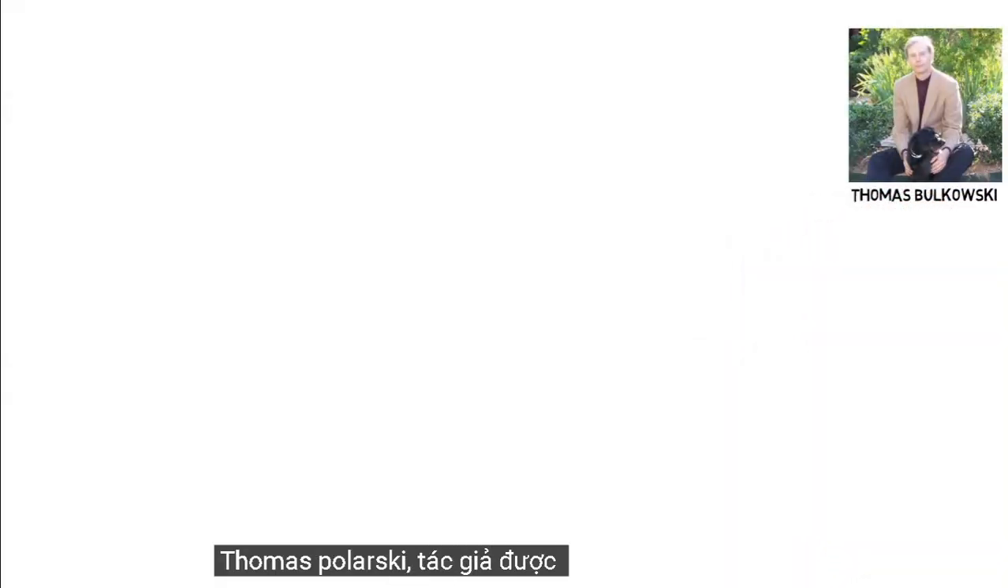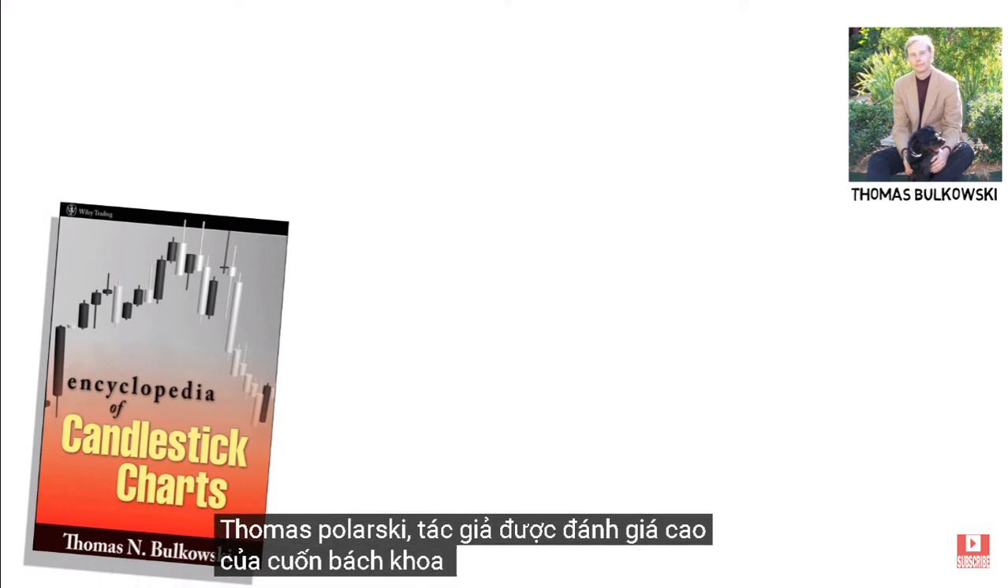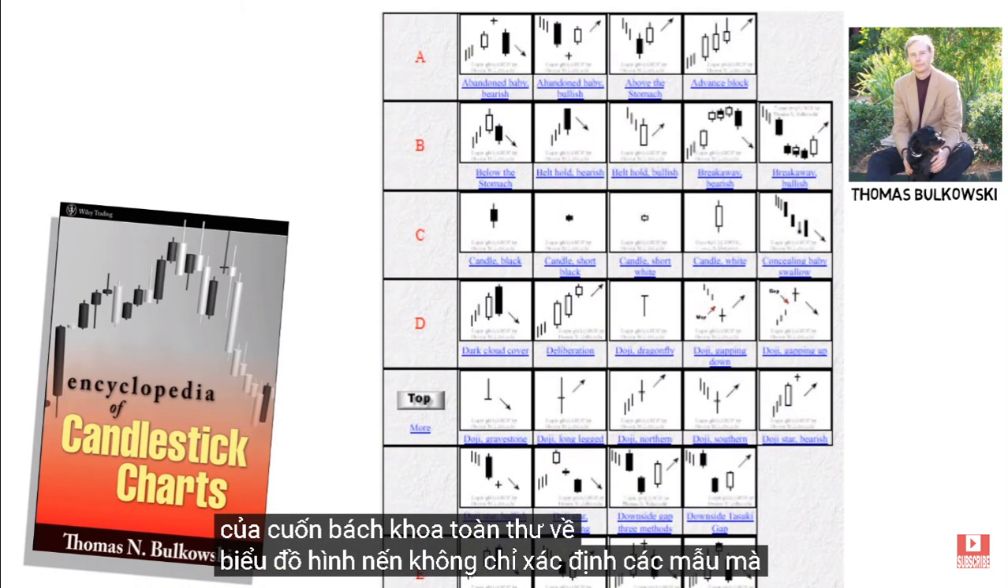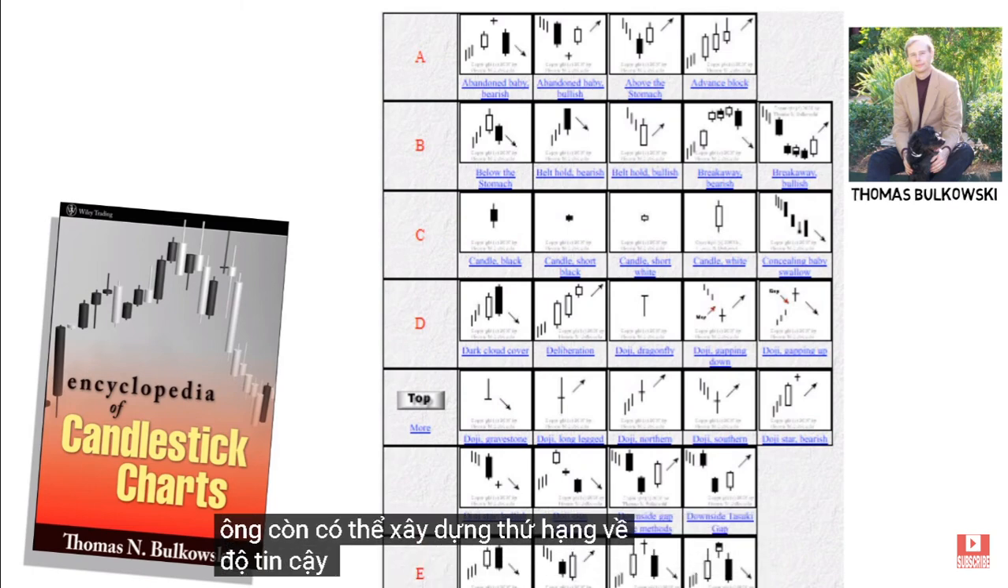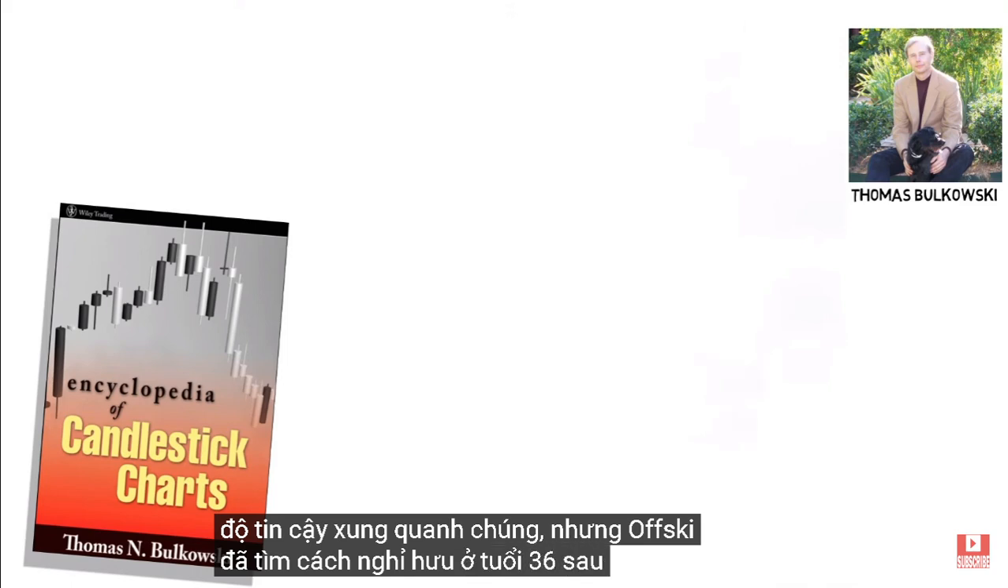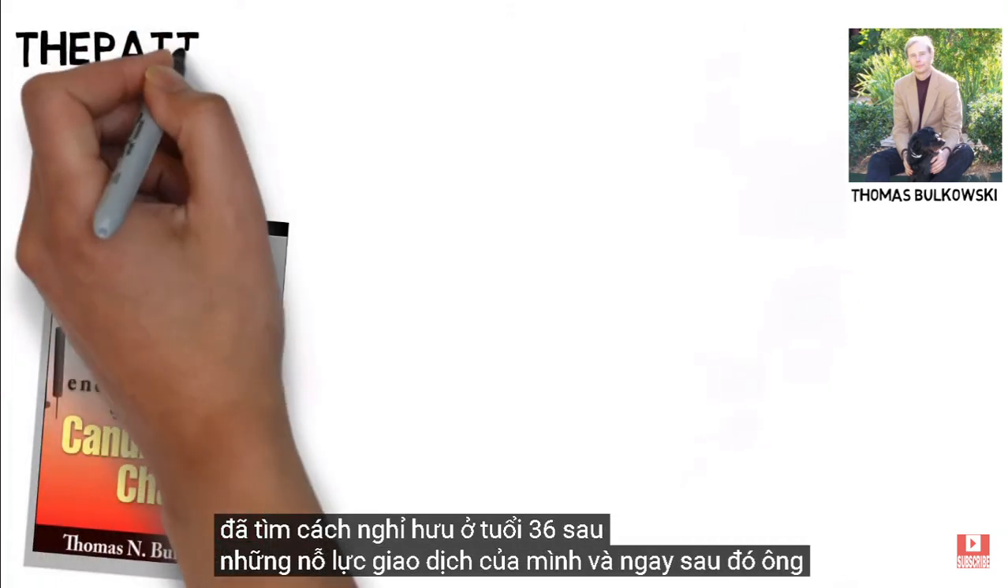Thomas Bulkowski, the highly regarded author of Encyclopedia of Candlestick Charts, not only identified patterns, but he was able to build rankings of reliability around them. Bulkowski managed to retire at the age of 36 from his trading endeavours, and soon after he created a website